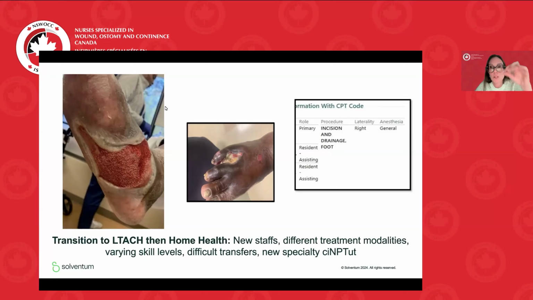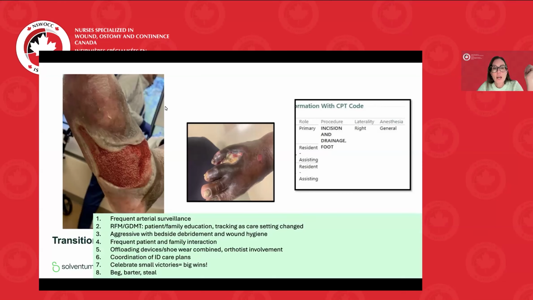He did end up needing one more debridement during the course of his therapy at that fourth toe amputation site that had renecrosed. He had his frequent arterial surveillance. We were making sure that we were following the guideline-directed medical therapy with his aspirin, his Plavix, his statin. His family was heavily involved. And the key with him is kind of that flexibility and making sure that every little victory that we had,